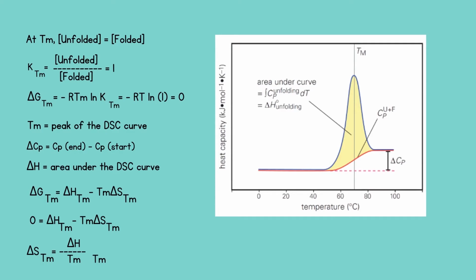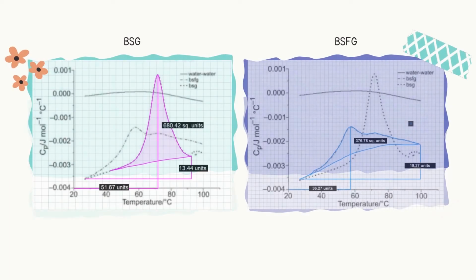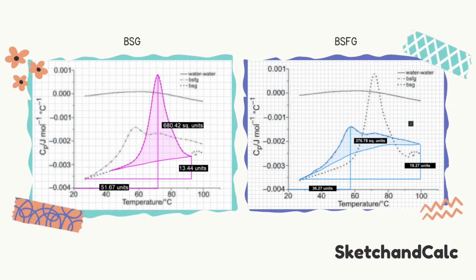Substituting 0 to delta G and rearranging, we can get the value for delta S unfolding as delta H divided by melting temperature. To make the extrapolation easier with relatively higher accuracy, we utilize an online tool named Sketch and Calc. These are the figures obtained from Sketch and Calc for the BSG and BSFG. We obtain the values for the area under the curve, Tm and delta Cp with a scale of 1 unit is to 1 degree Celsius is to 0.08 millijoules per mole